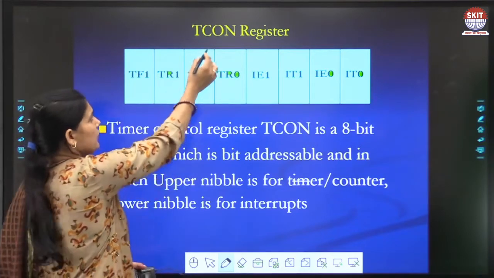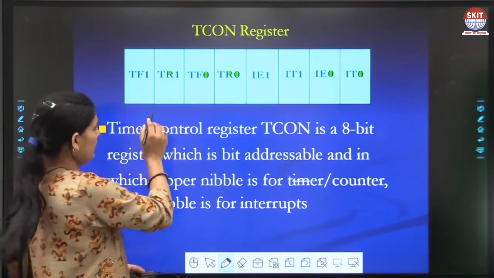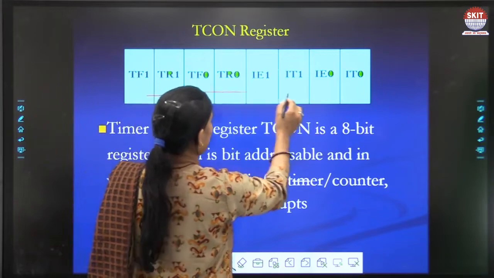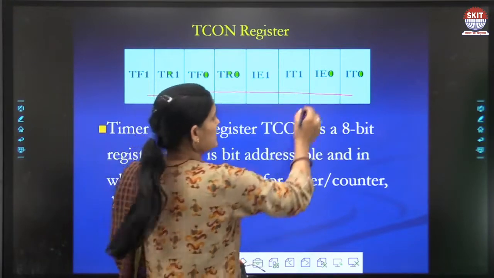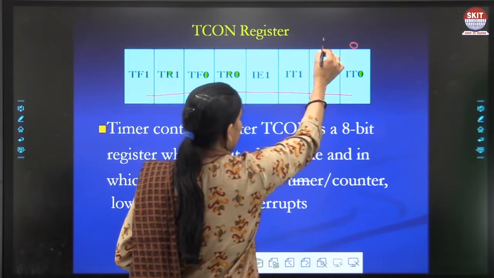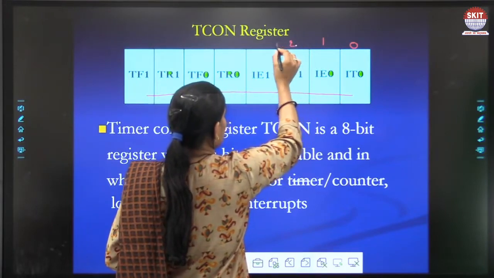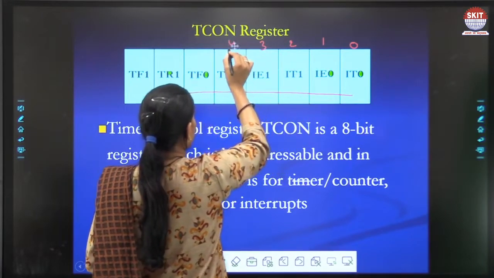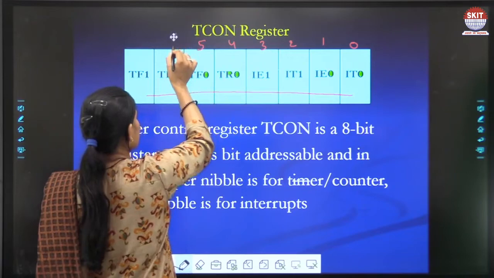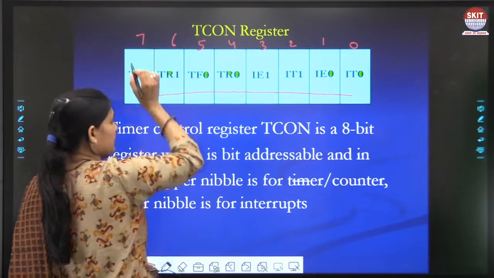Here are the 8 bits of the TCON register: bit 0, 1, 2, 3, 4, 5, 6 and 7.